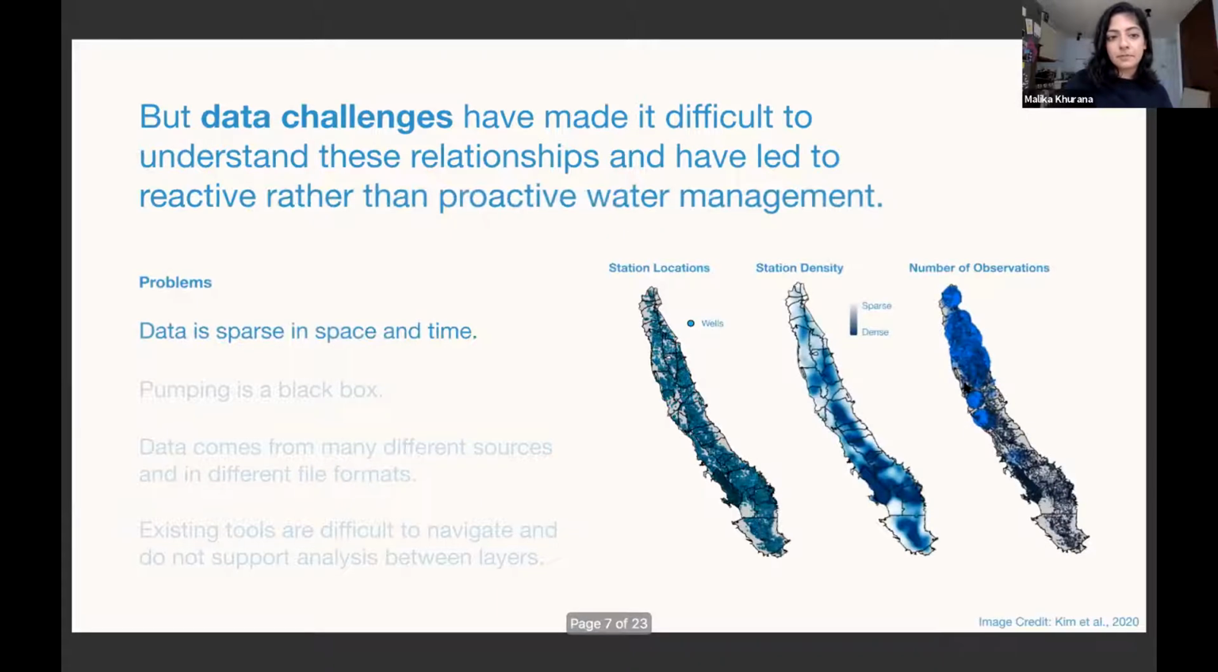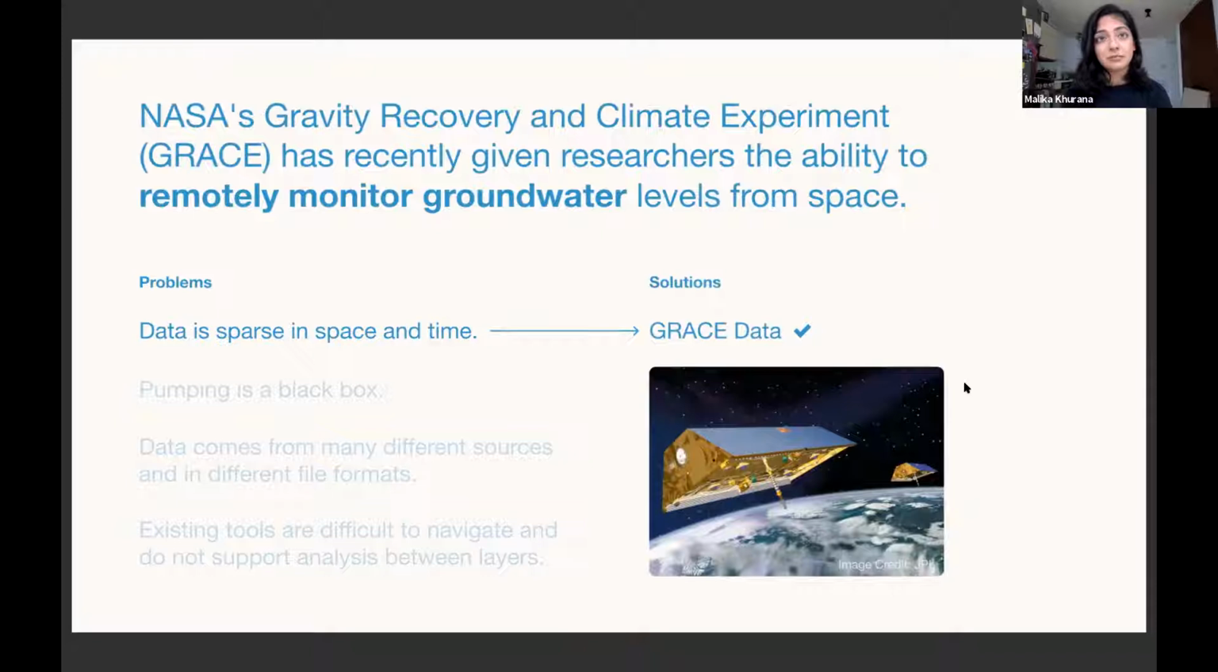So the first problem is that data that's been collected on water levels is pretty sparse in space and time. So you can see on the right is well data that was collected over California. And in certain areas, it's a lot denser, but those observations that they're taking are not really regular over time. Thankfully, JPL is playing a really big part in addressing this problem through its GRACE satellites, which have given researchers the ability to actually remotely monitor groundwater levels from space. So Kyra and JT, the researchers we've been working with, are using GRACE data along with other data to actually